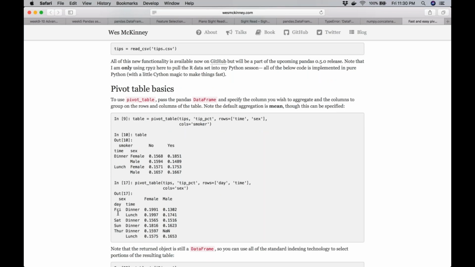So I can say Friday, this was the percentage. So, okay, now we are looking at the sex. So now the column is equal to sex, so male and the female. So on Fridays for dinner, you see, on an average, these many females and this many male, and similarly for lunch. This is the structure. Then Saturdays, Sundays, Thursday, it could not find the data point for male, so it just returned NaN, and here lunch is this much.